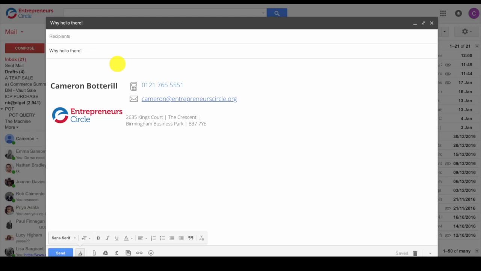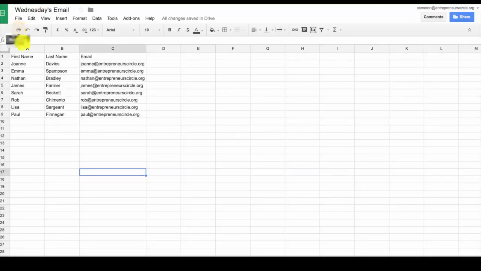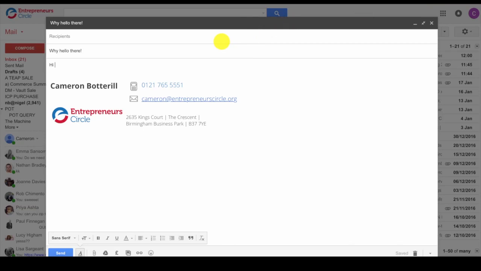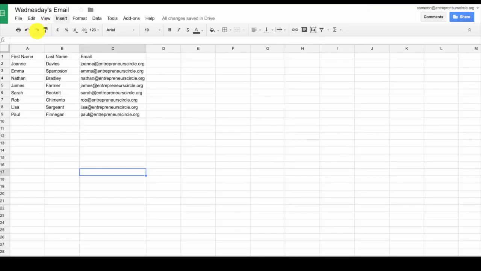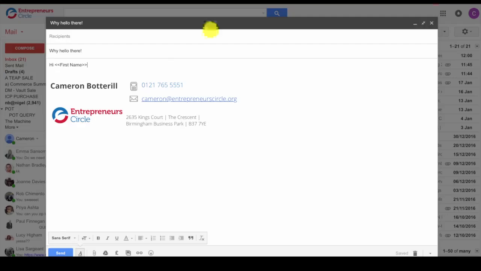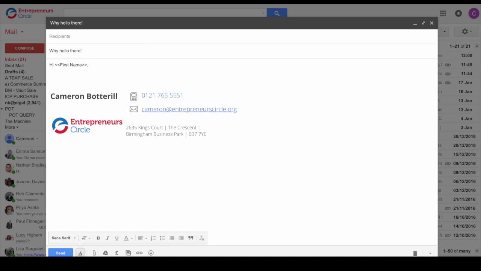So then I'm just going to write hi, and now I want to merge my first name into this field. So if we go to our spreadsheet, you can see the first name column here. It's called first name. So all I do, if I want to merge that, I use a couple little syntax here, and then I just write first space name. So it's exactly the same first name as it's written here. If this was first name without a space, then I'd not put a space in here. Okay, it needs to be exactly the same. So I say, hi first name,